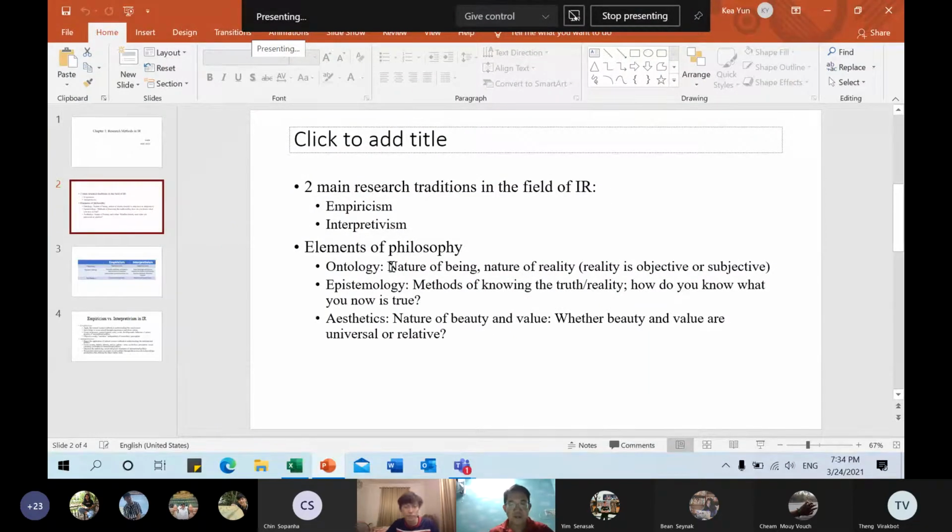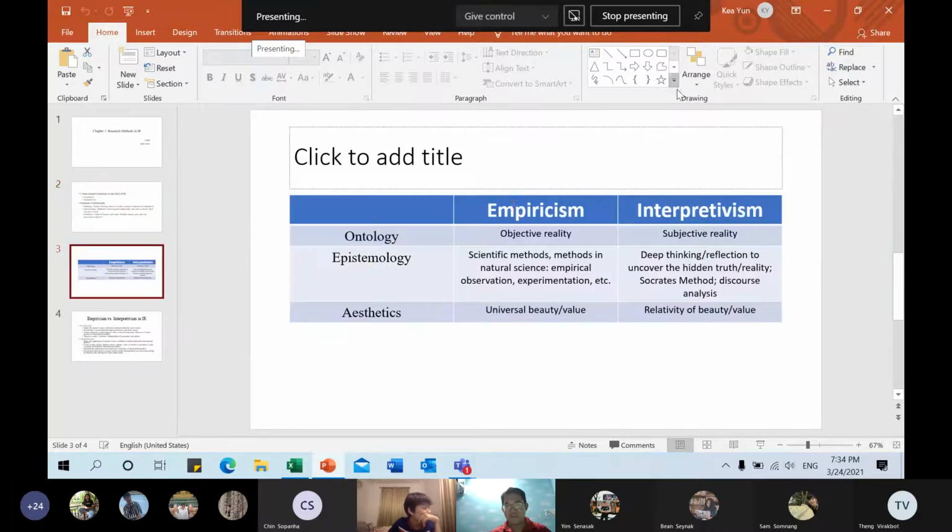So here is the definition of ontology. Ontology refers to the nature of being, or the nature of reality. What do we mean by the nature of reality? We mean whether reality is objective or subjective. If you look at empiricism and interpretivism, you will see that the ontology of empiricism is that